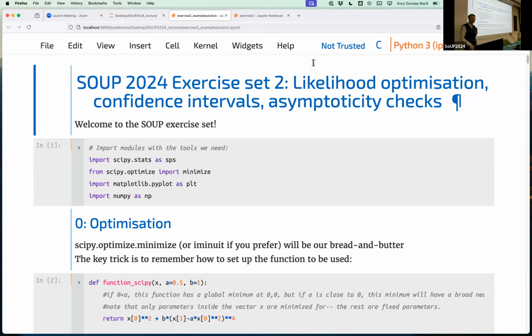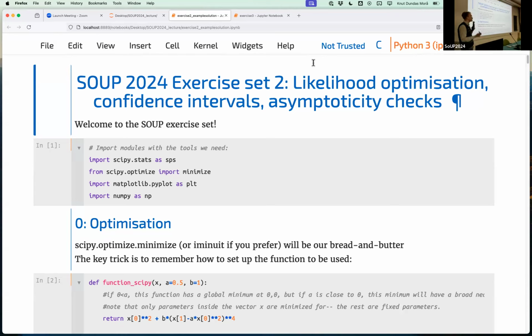Hello, everyone. As Marco said, you really need to now dig deep into the well of whatever many topics you have available to you, because today we're going to talk about confidence intervals. However, before that, I'm just going to quickly scroll through. I uploaded an example solution for most of the exercises from yesterday.